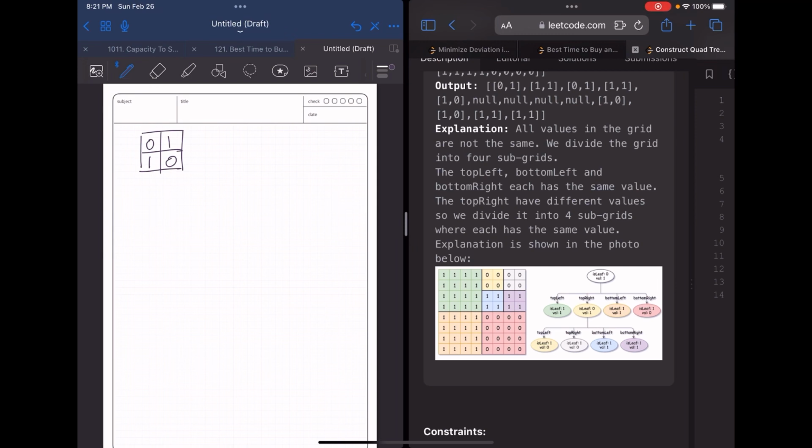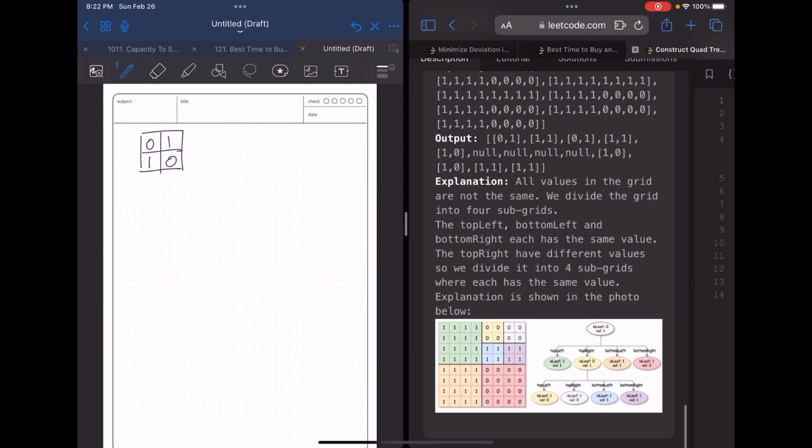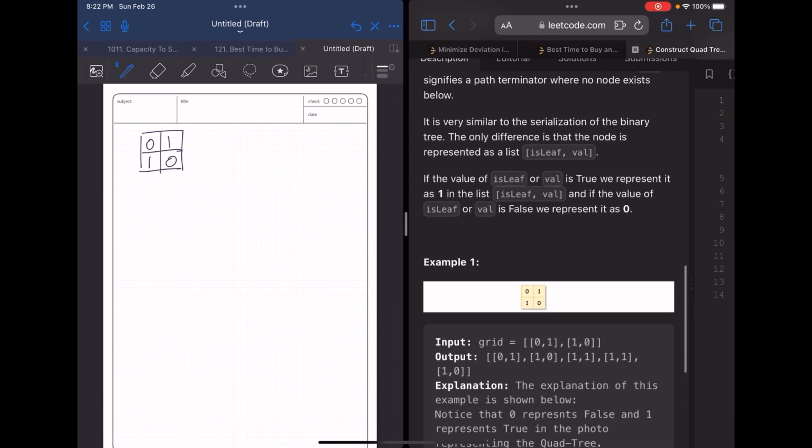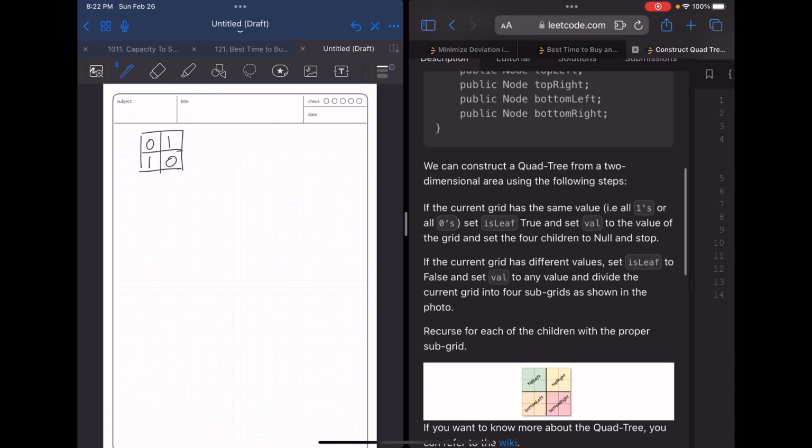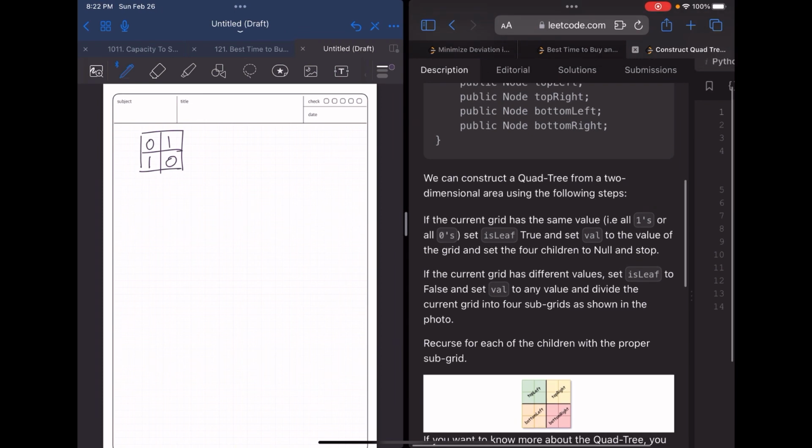Bottom left, all the numbers are the same. Bottom right, all the numbers are 0, so they're the same, and the leaf. Wait, so if all the numbers in the quad are the same, okay, so if the current grid has the same value,